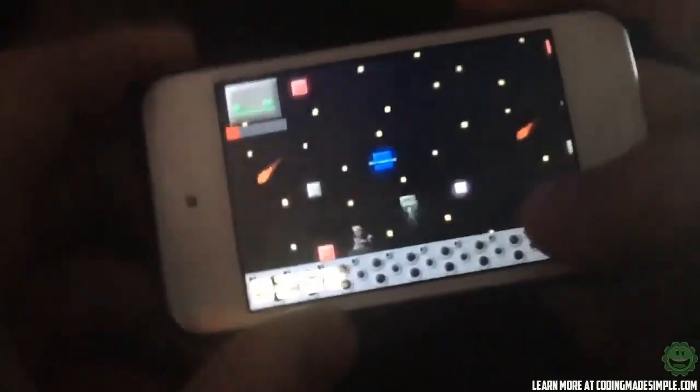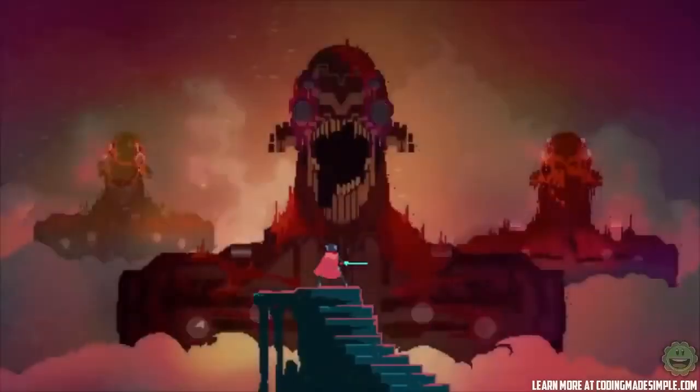Some of the games made in GameMaker Studio are such titles as Hyper Light Drifter,